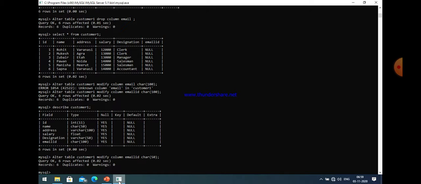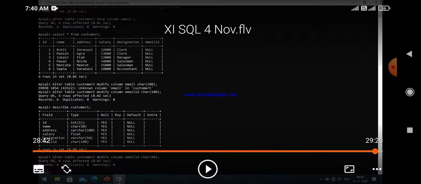Suppose data has a size of 50 characters, and if you want to reduce it to 40 characters, then it will give you an error. So most of the time, if you want to modify a particular column size, we always increase the size of the column. So don't try to reduce the size of the column data type, always try to increase the size.